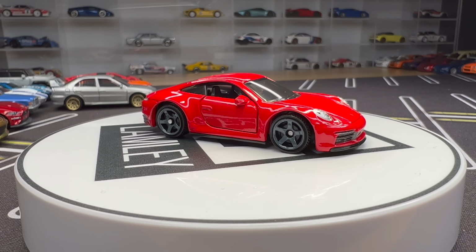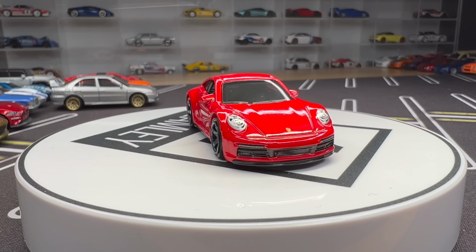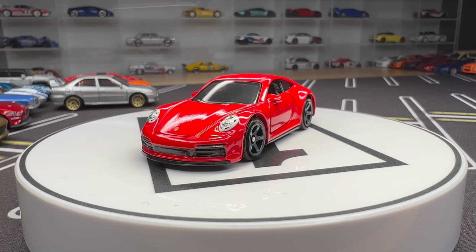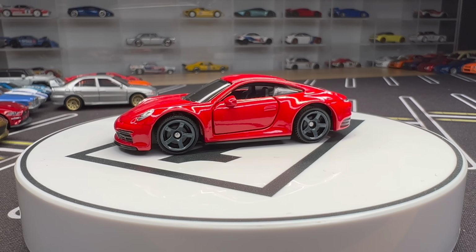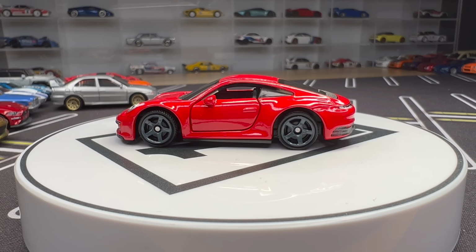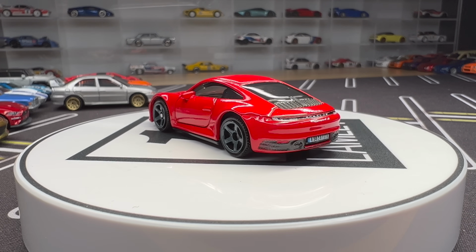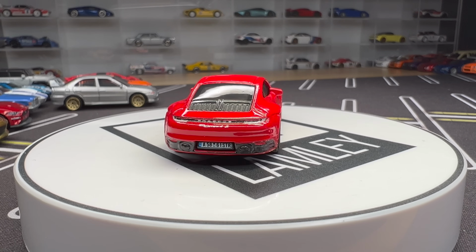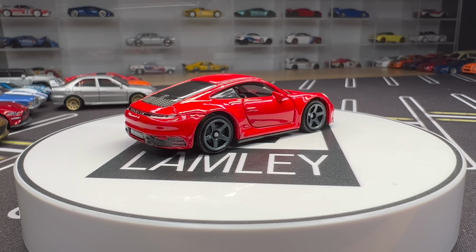It is the Porsche 911 Carrera 4S, right? In red. This actually won the Best of Matchbox tournament. I figure it'll fare well in this as well, in this poll. But we'll see, because it's going up against all the moving parts models that were released, at least the new castings that were released in 2022. But it's a Porsche. They tend to be very popular amongst the Lamley readers and viewers, so I'm sure it'll